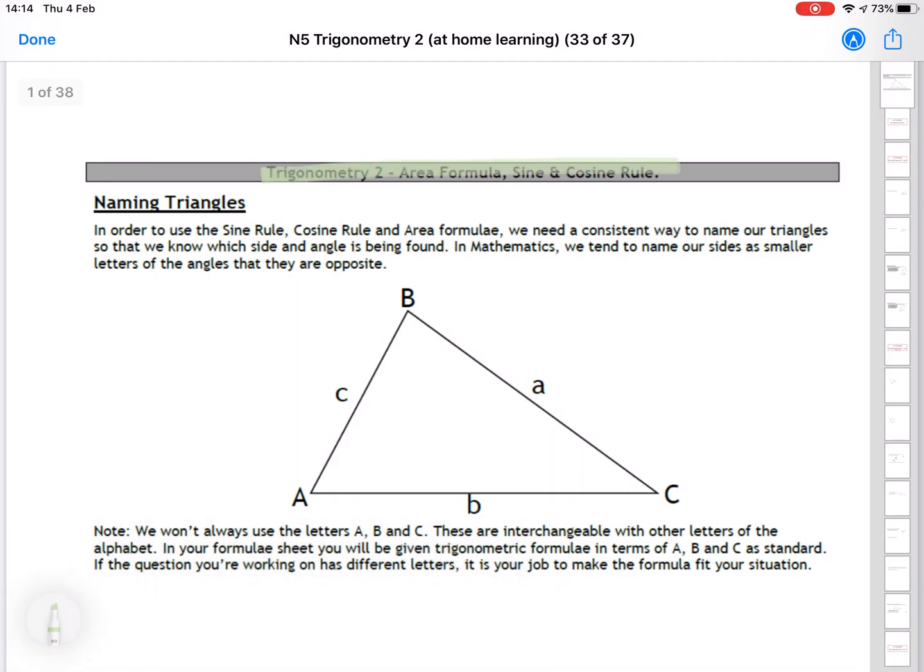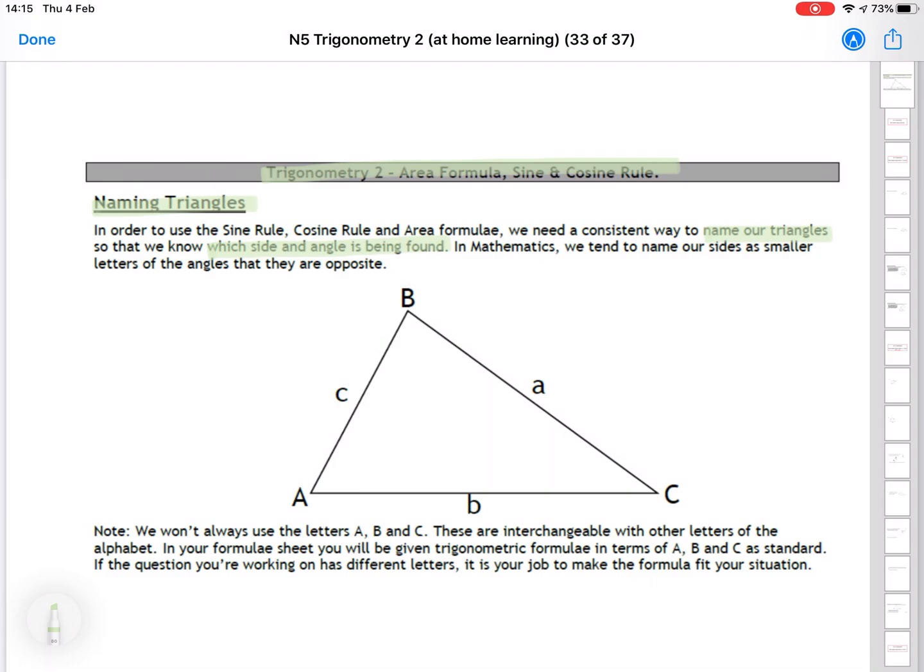So the first thing we need to do in this topic is learn about how we name triangles. To be able to use the three formulas that I mentioned, the area formula, the sine rule and the cosine rule, we need to be able to name our triangles so that we know which side and which angle we're using in the formulas and which ones we're actually being asked to find. So in maths, we name the sides as the small letter of the angle that